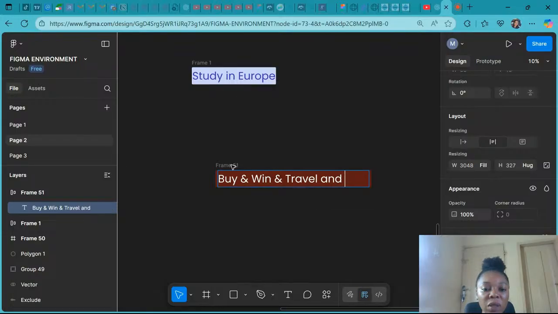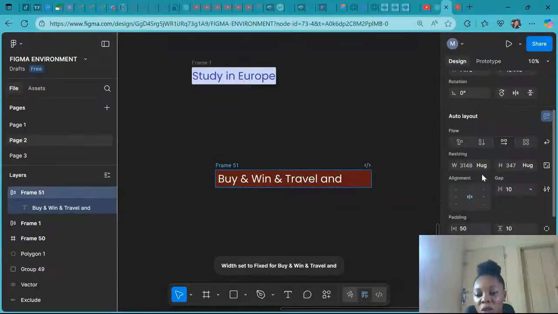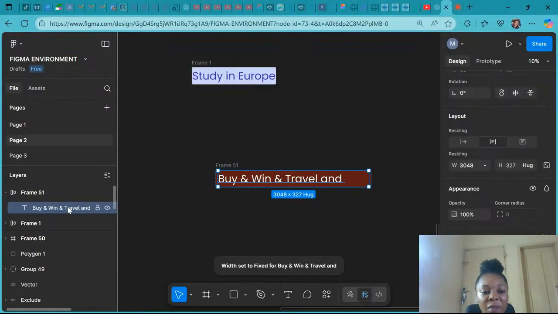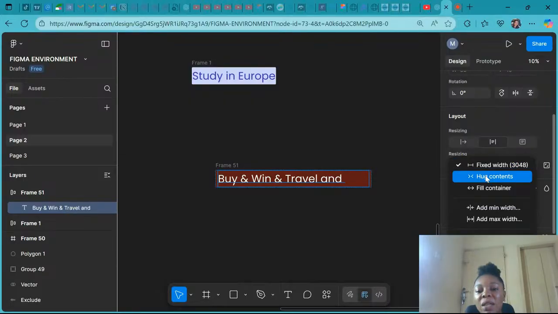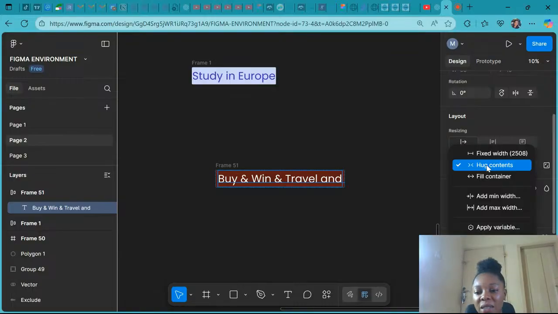Now let's make the auto layout hug the content. I'm going back to select the auto layout, make it hug the content, and also come back here to the buy and win and make the buy and win hug the content. So you can see that when the auto layout frame and the element inside it are both hugging, they come together to work in unison. Then when you ask it to be fixed,